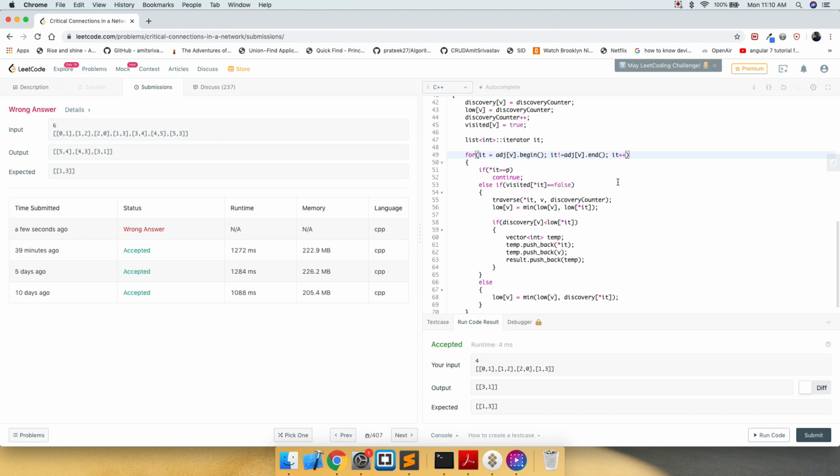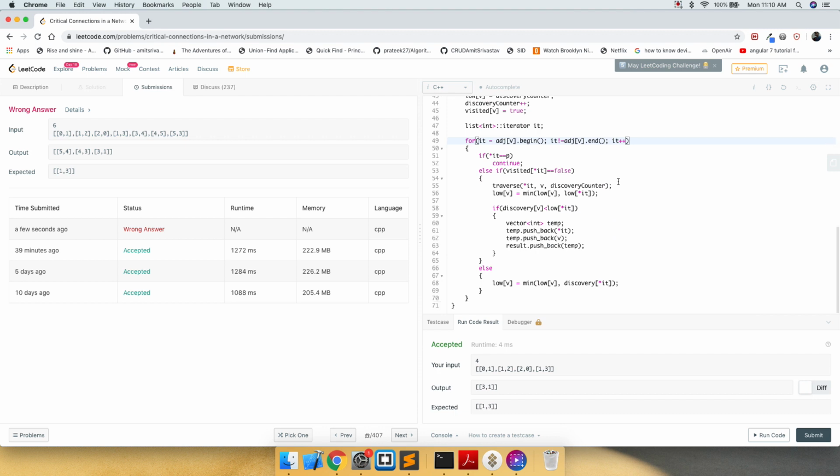Let's see, where did we go wrong? It's very important to actually understand the problem as well, because that is also part of learning.